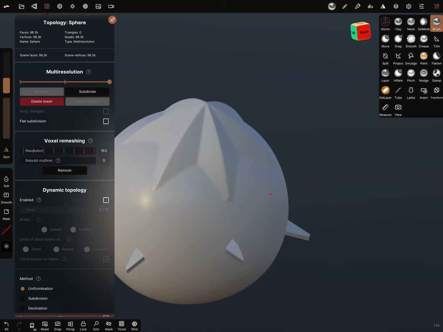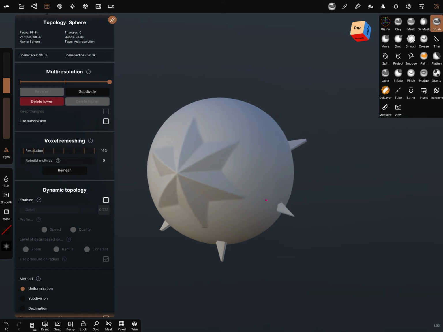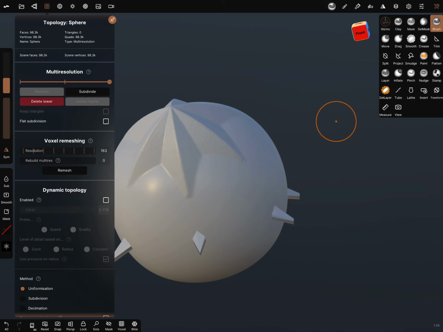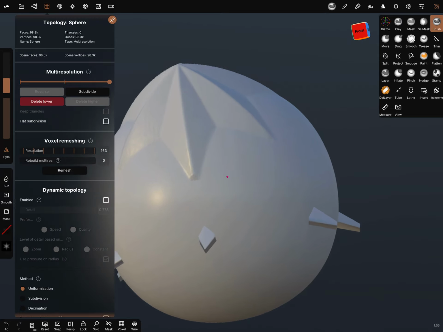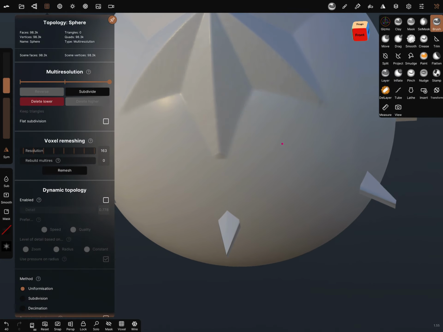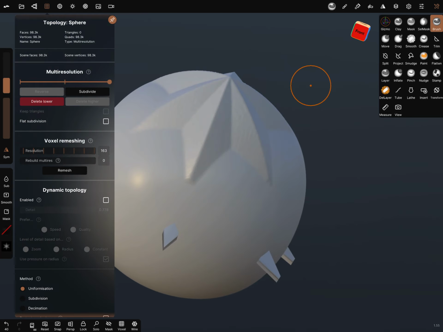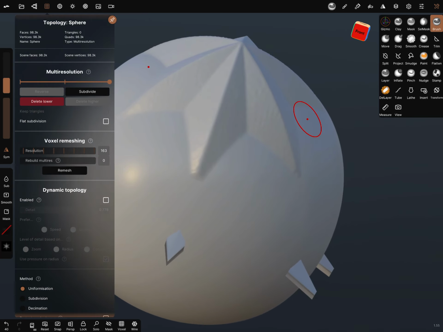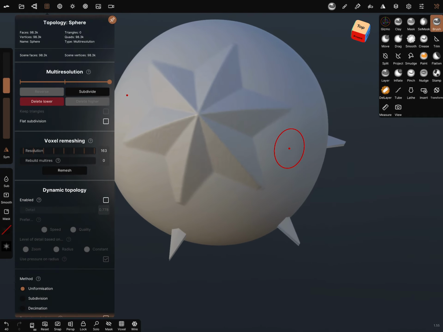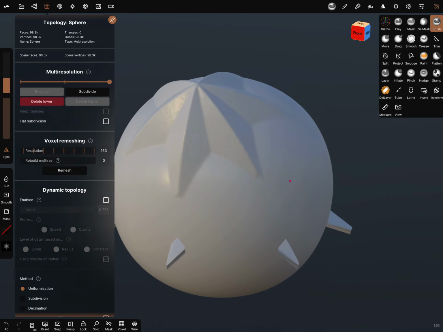I create alphas only at the time when I need it, and then I delete it again. Okay, you see here, this is about the round shape of the alpha brush. You can adjust it a little bit, scale it a little bit down, and then you get everything on it.